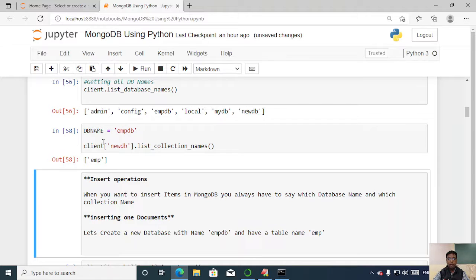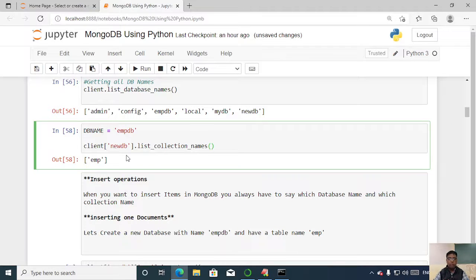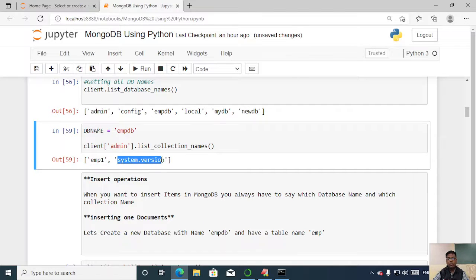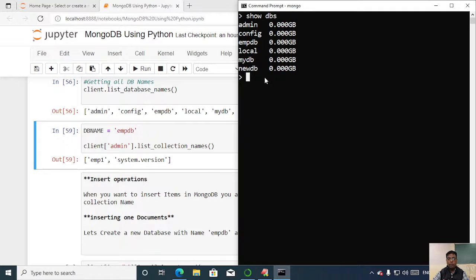I may use admin; let's check whether there is any collection available in admin. Now you can see in admin I have emp1 and system.version, two collections. If you would like to verify, here we can say use admin and then show collections. So emp1 and system.version, two collections are available in the admin db.